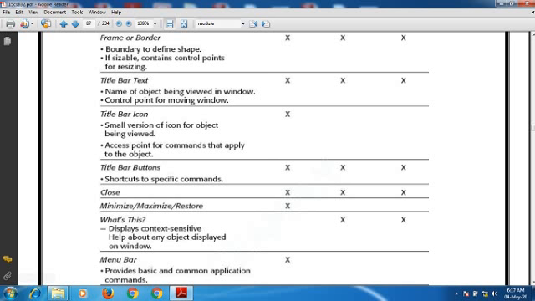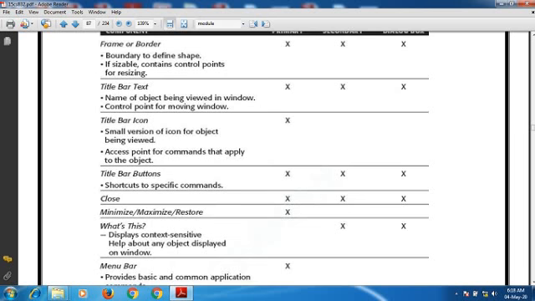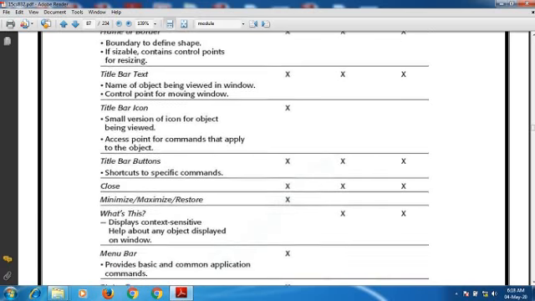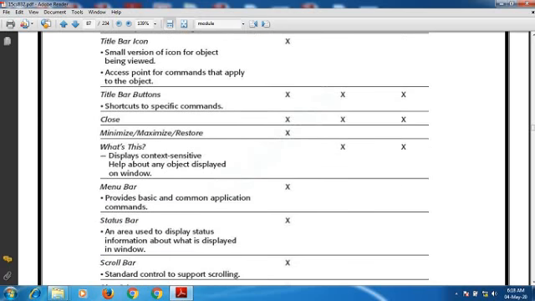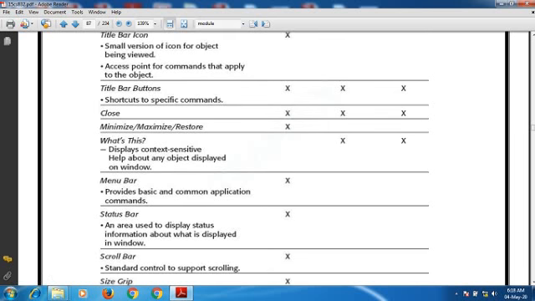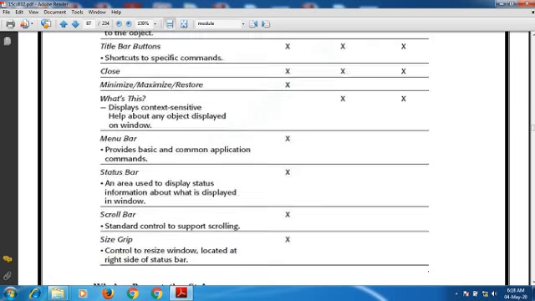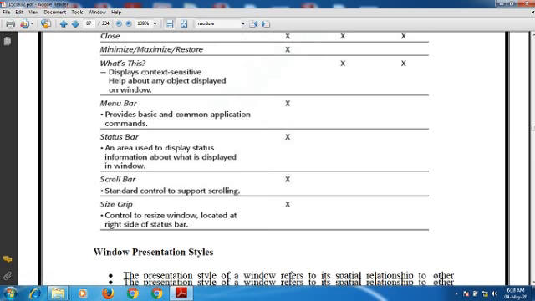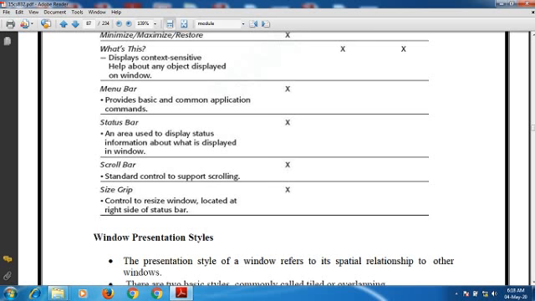The minimize, maximize, and restore buttons are for a primary window. The help button we need for the secondary window as well as the dialog boxes. Menu bar for a primary window, status bar for a primary window, scroll bars and the size grip for the primary windows.